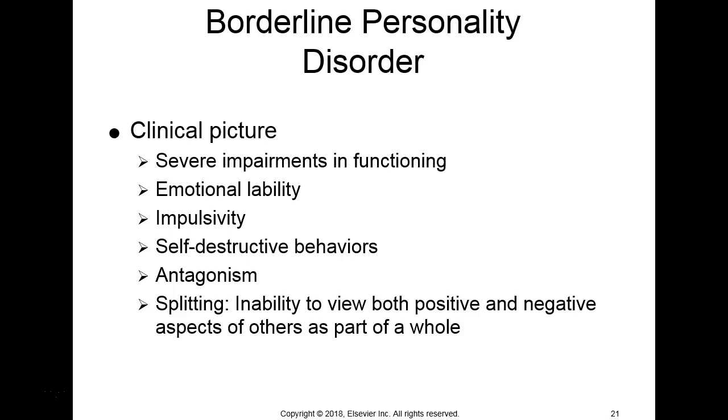So that has, of course, a lot of consequences then for how they behave on the unit. And again, their ability to work with different staff or not work with different staff. And it also affects the way that they are with other patients and with their own family members and friends. So relationships are extremely difficult for people that have a borderline personality disorder. Along with that splitting, something you might have heard before is called staff splitting. So this is kind of why people staff split.